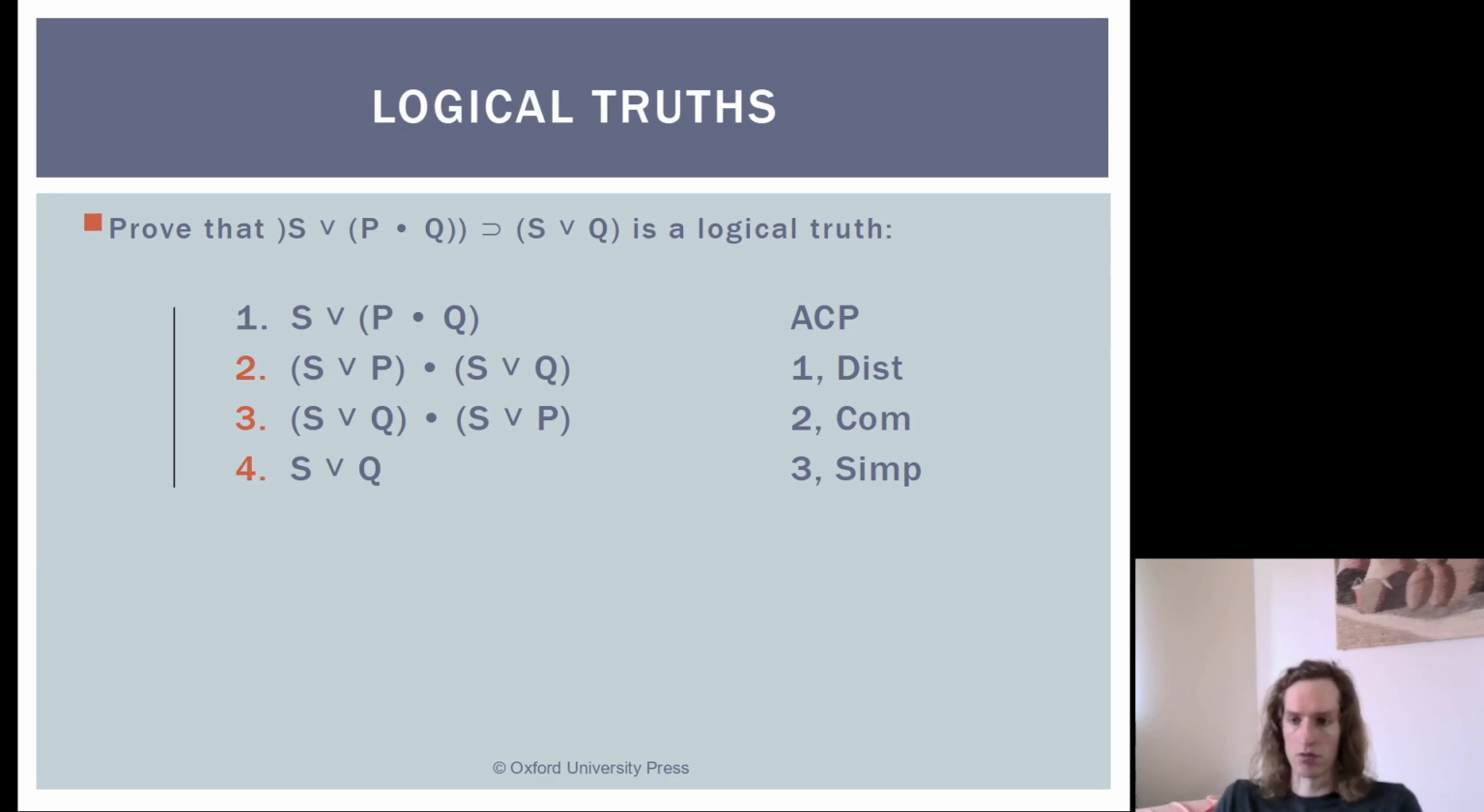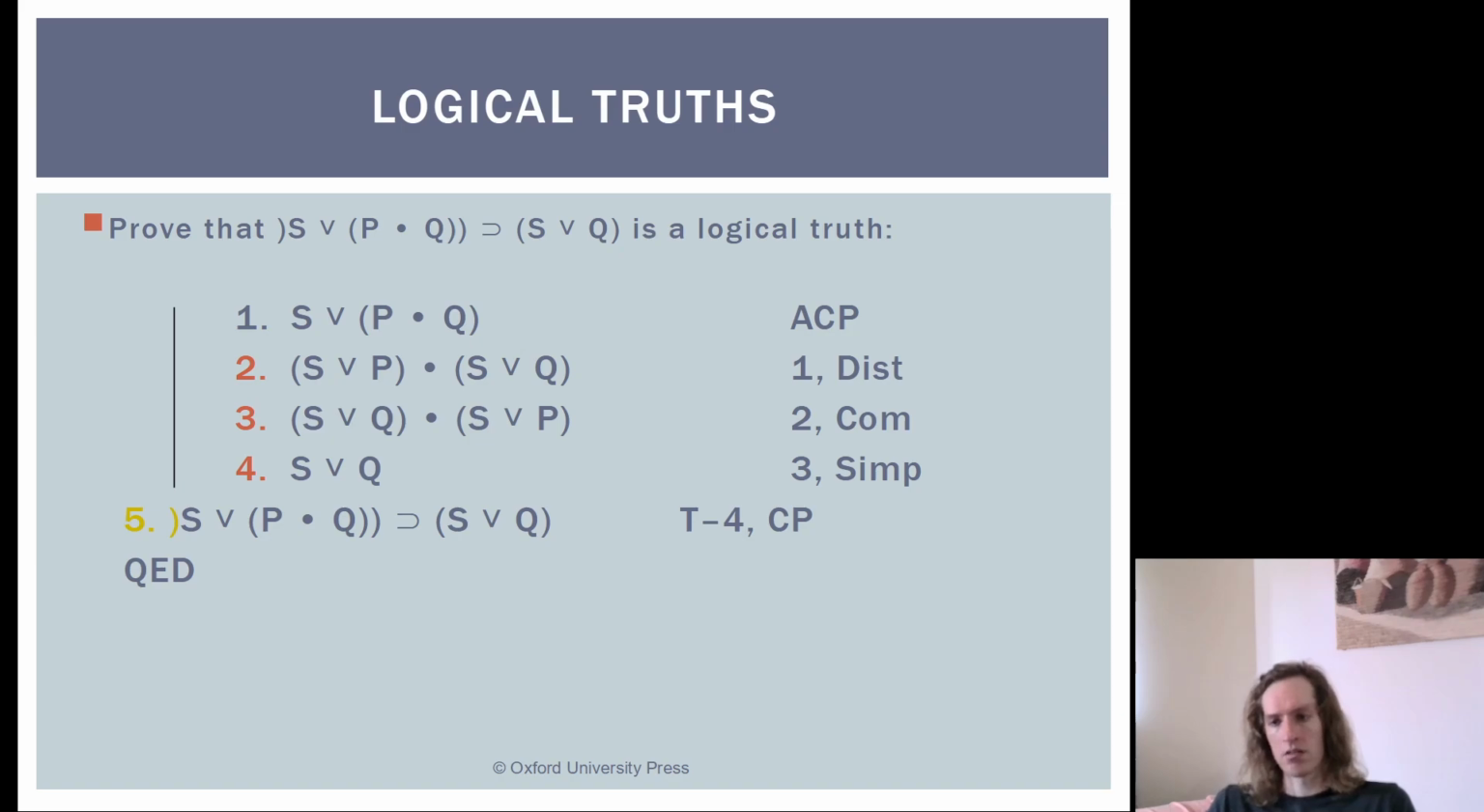And it turns out on line 4, we have the consequence of the conditional statement that we were looking for, which means that we can go ahead and discharge our conditional proof, which is here going to be: if S or P and Q, then S or Q, which is exactly the logical truth that we were looking to show. And our justification here should be 1 to 4